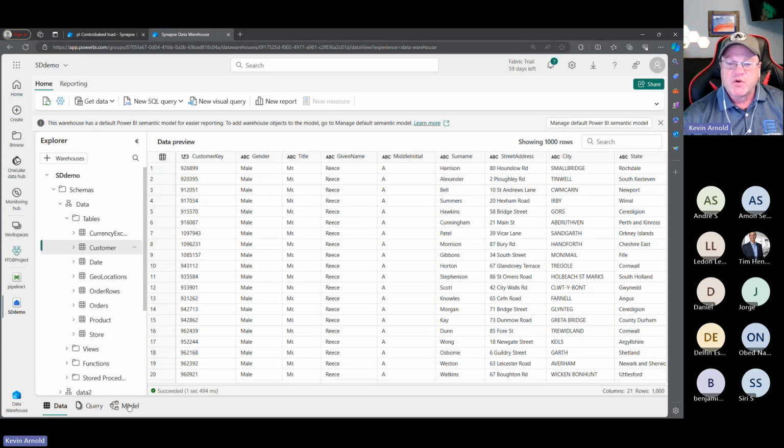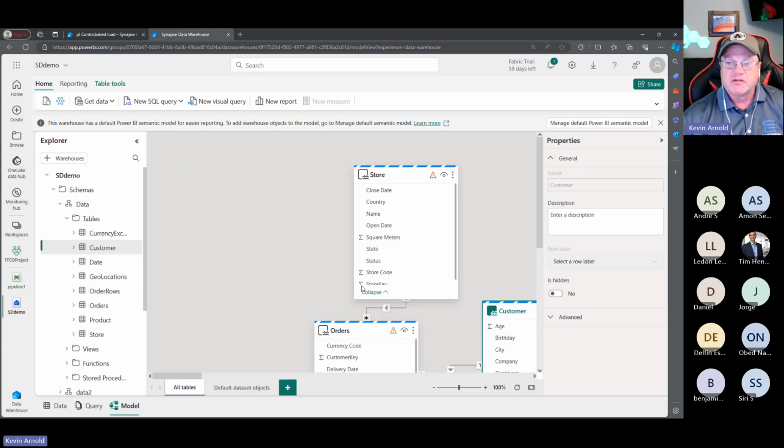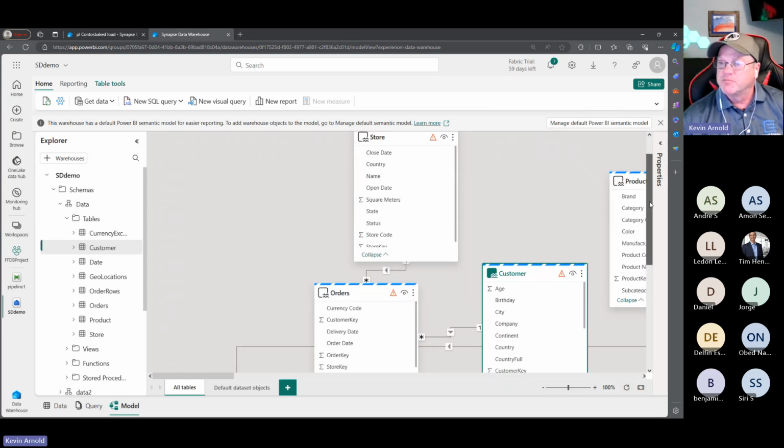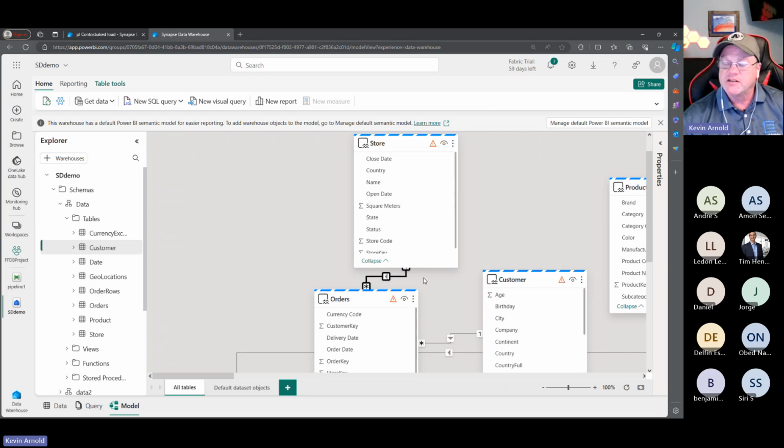Well, whenever you set up a warehouse or a lakehouse, you have this default dataset. And what I do want to point out here, and I know this is a little big, let me knock this part down, is that because I created these foreign keys inside my database metadata, this semantic model already picked it up and set the relationships for the tables. So if you're putting tables out for your star schema and set the relationships, this default model is going to pick it up. I tend not to use the default semantic model a whole lot. I use it for kind of browsing what's out there.